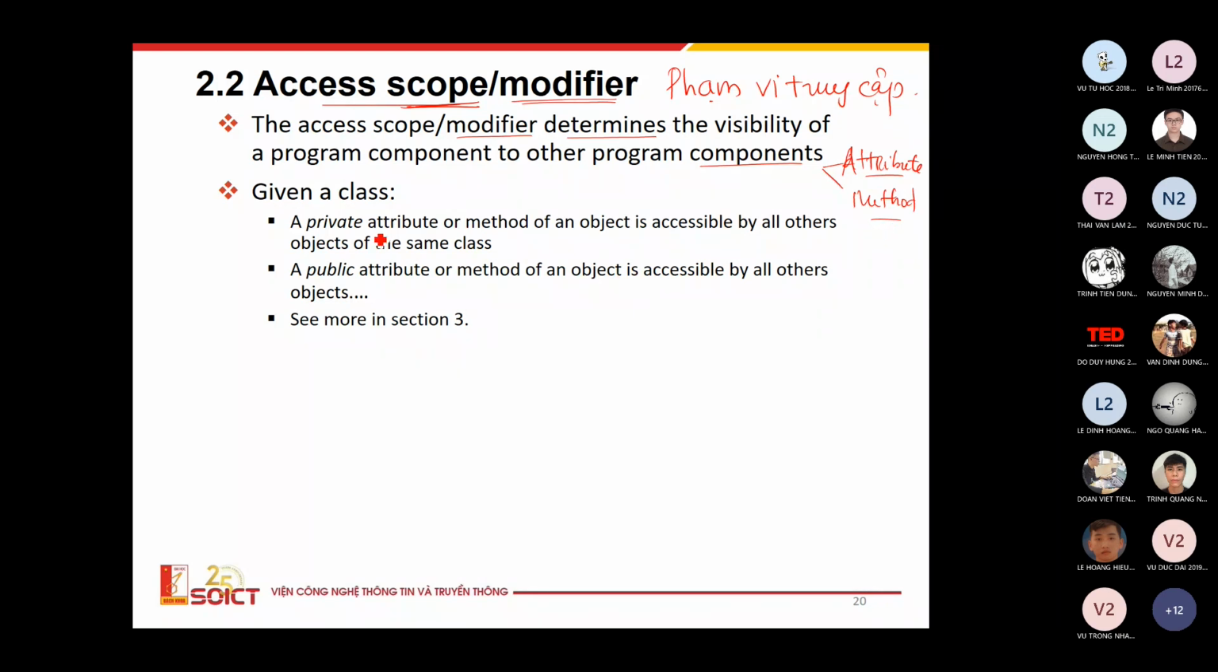Okay. And for a class, you can have some kind of modifier. For example, you can have the private modifier or public modifier, and the others you can see in the next lesson. Yeah. And for private, it means